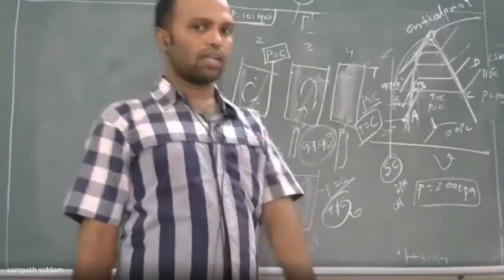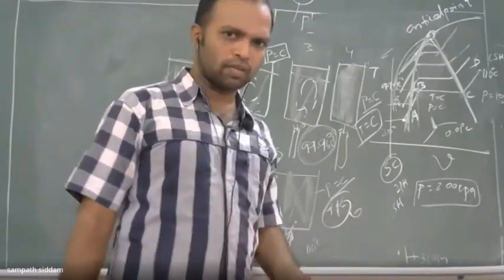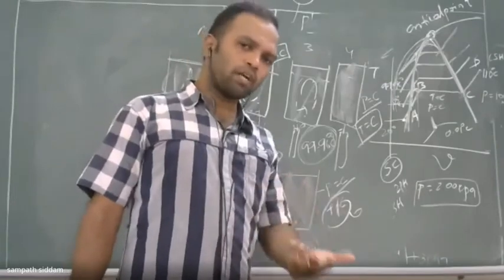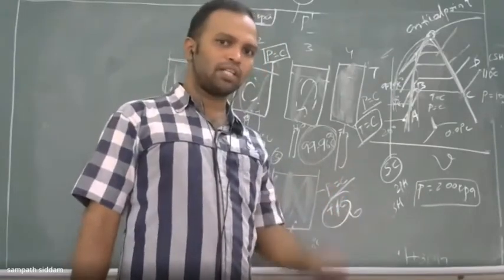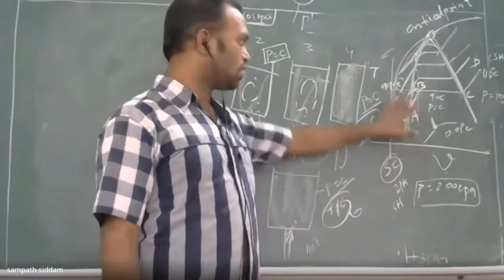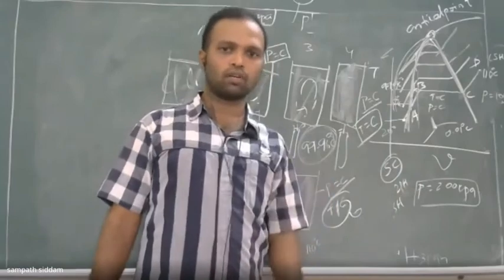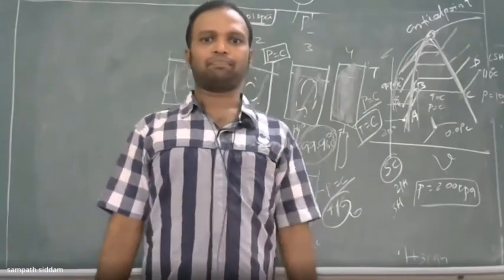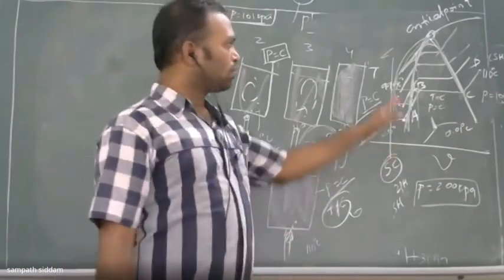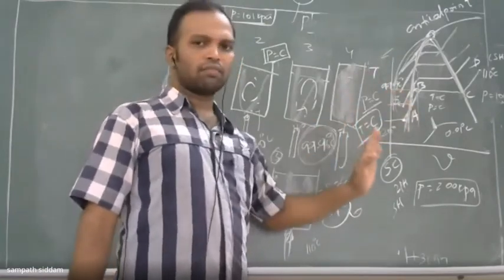Sometimes if your temperature or specific volume is not known, other properties will be given, like enthalpy and entropy. Those we are not discussing right now. Those new properties will be introduced in the case of your first law and second law. So any 2 are required, definitely, to know the region where it is.